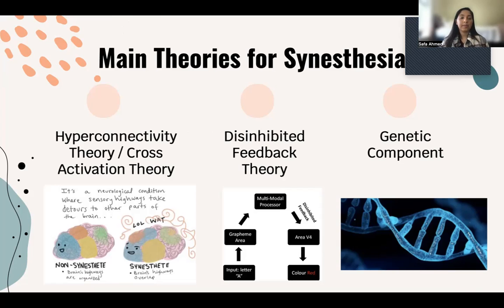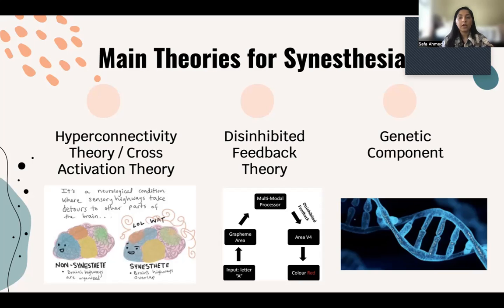The disinhibited feedback theory states that usually when the brain sends a signal, it activates one area of the brain. So this theory assumes that there's an inhibition failure between the different brain regions, so that when the inducer pathways are activated, the concurrent pathways are also activated. So basically, pathways that should be independent aren't independent. For example, in people with chromesthesia, the seeing areas of the brain are also activated when only the hearing areas